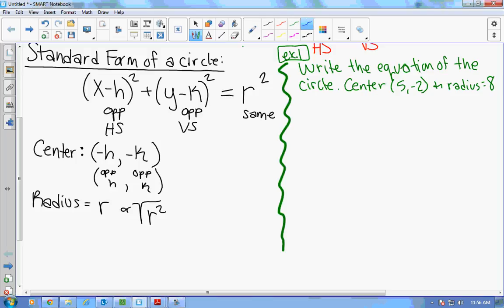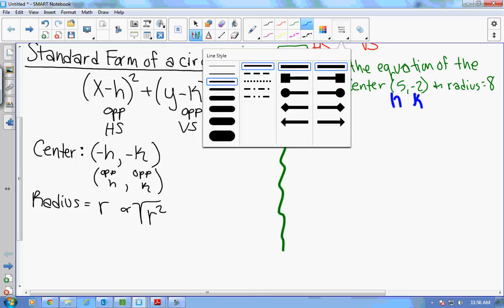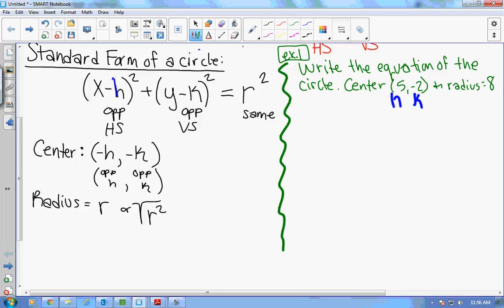Center at 5, -2, and a radius equals 8. So these go in alphabetical order. X matches with the H. The Y matches with the K, alphabetical order. So if we wrote our equation, we're just going to replace here the H, the K,